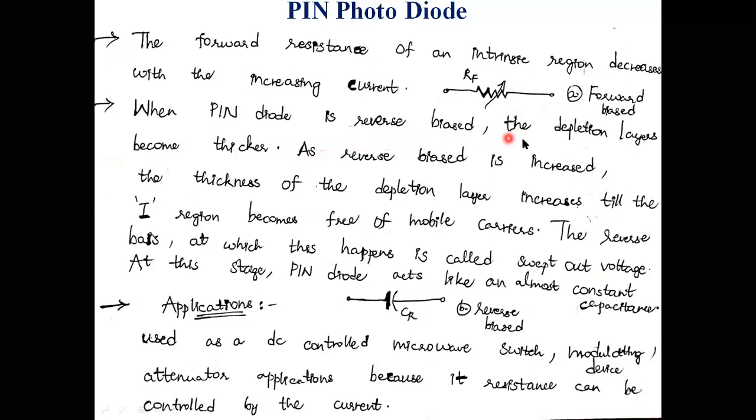When the PIN photodiode is reverse biased, the depletion layer becomes thicker. As reverse bias is increased, the thickness of the depletion layer increases till the I region becomes free of mobile carriers. The reverse bias at which this happens is called the swept out voltage. At this stage, the PIN photodiode acts like an almost constant capacitance. Here, the PIN photodiode applications are DC controlled microwave switch, modulating device, and attenuator applications, because its resistance can be controlled